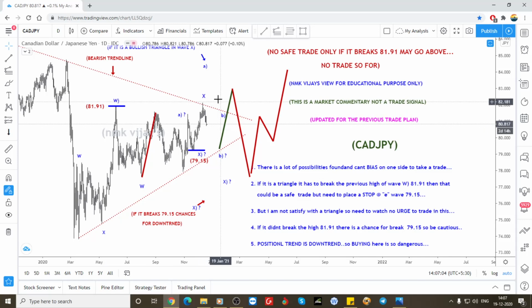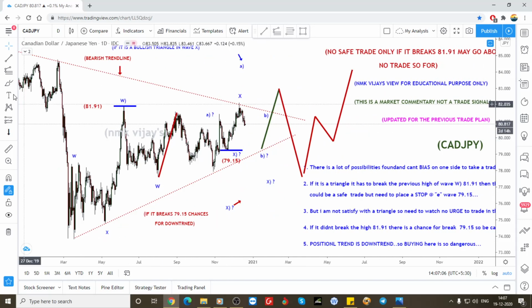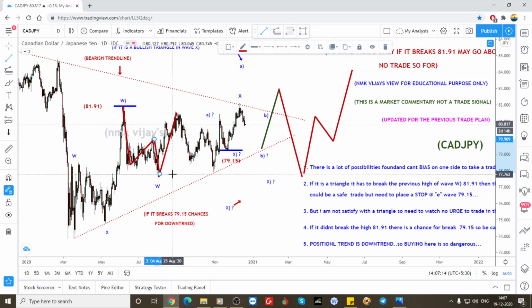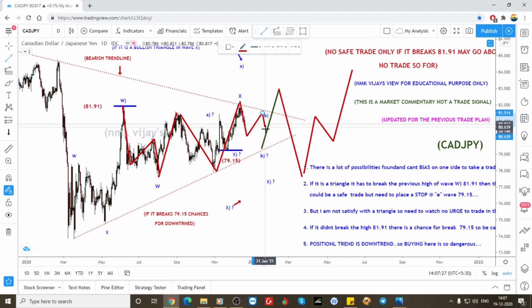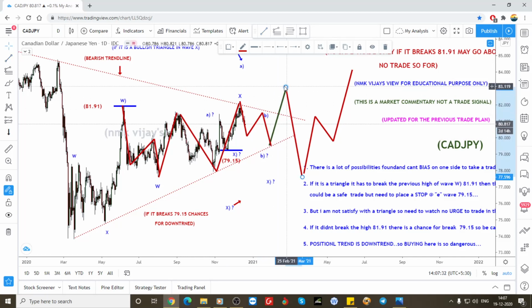So what is the option here? A lot of options here. Whether this A, B and C, this is the W. So here what it did, another A, B, C, it already did in that irregular flat because it has already broken. So one more A, B, C. After that, it can go back from our target. It can break. Again, it can come. So still, whether we are in that correction part,